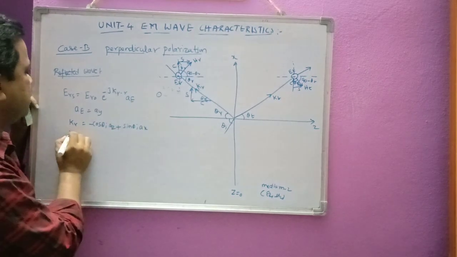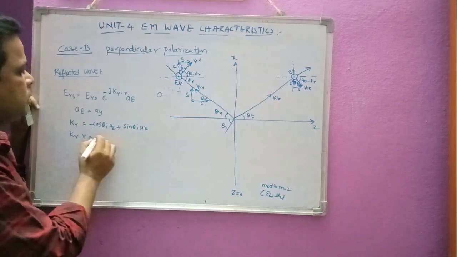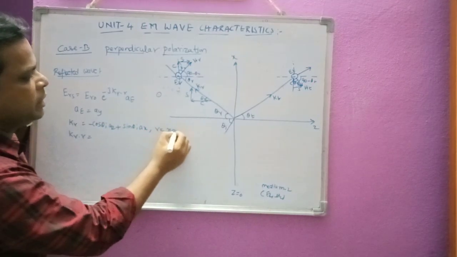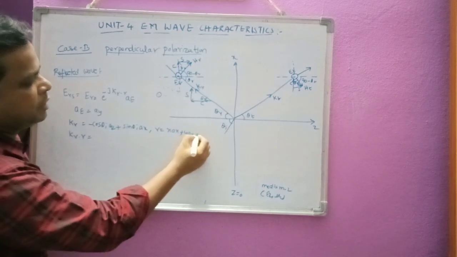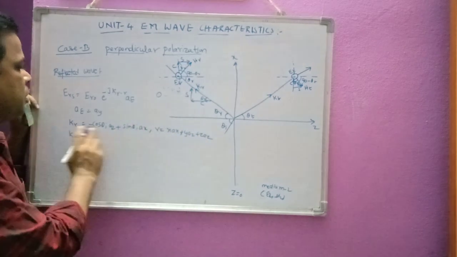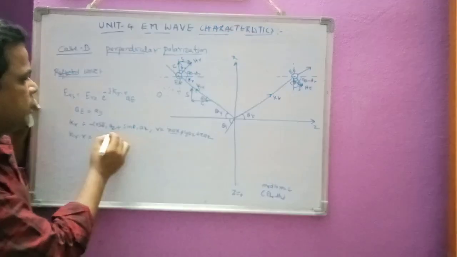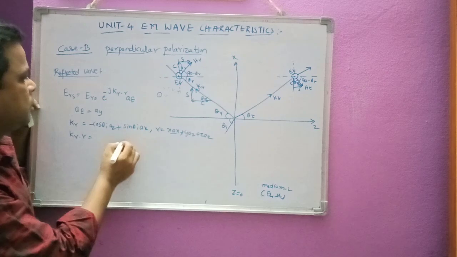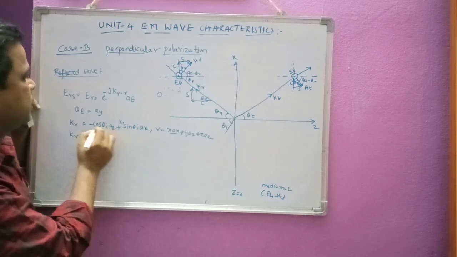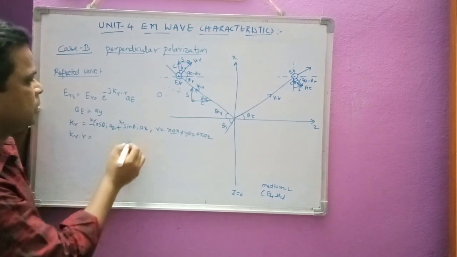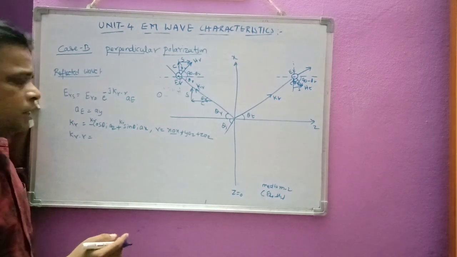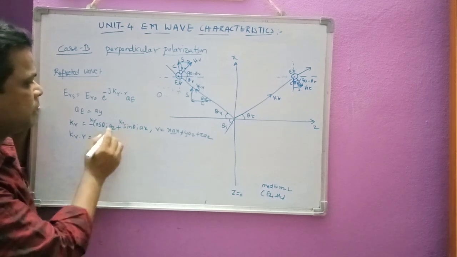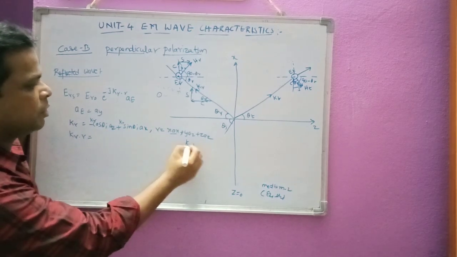Okay. Now if I make the kr dot r vector, where r is the radius vector, the position vector, r is equal to x ax plus y ay plus z az here. If I make the dot product of these two, I can get here ax dot ax is 1 here. So I can write here kr, and we know that mod kr is beta 1 here.